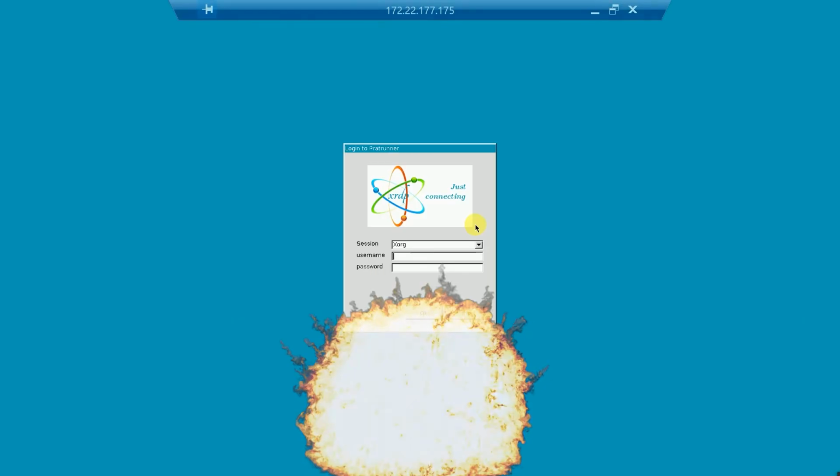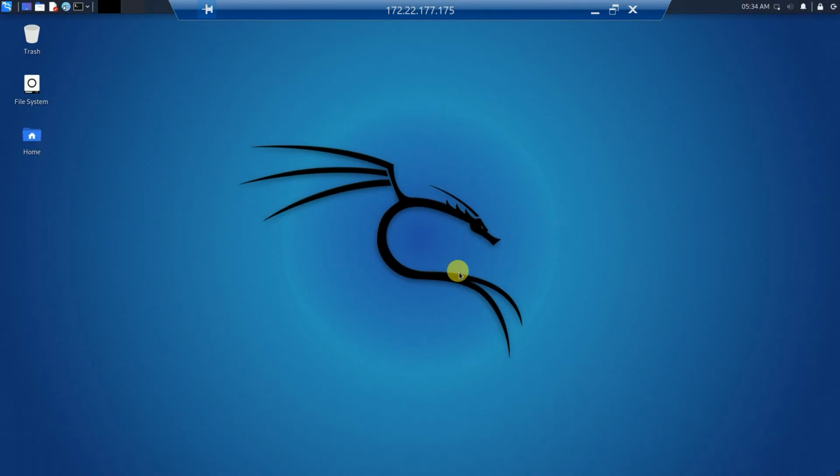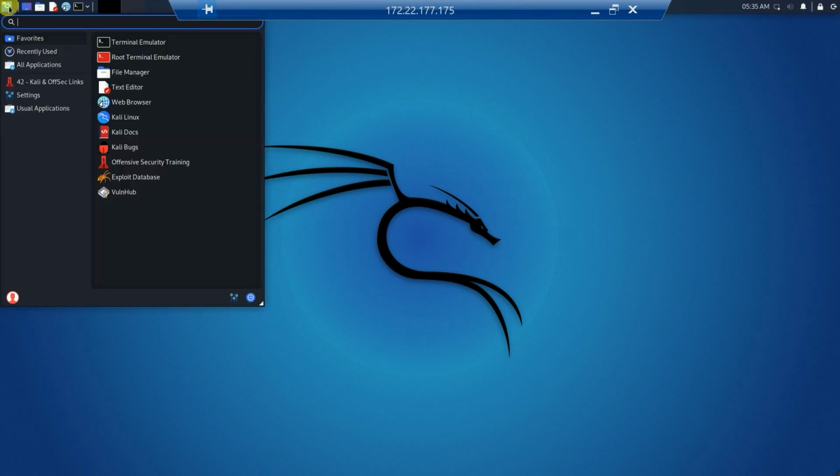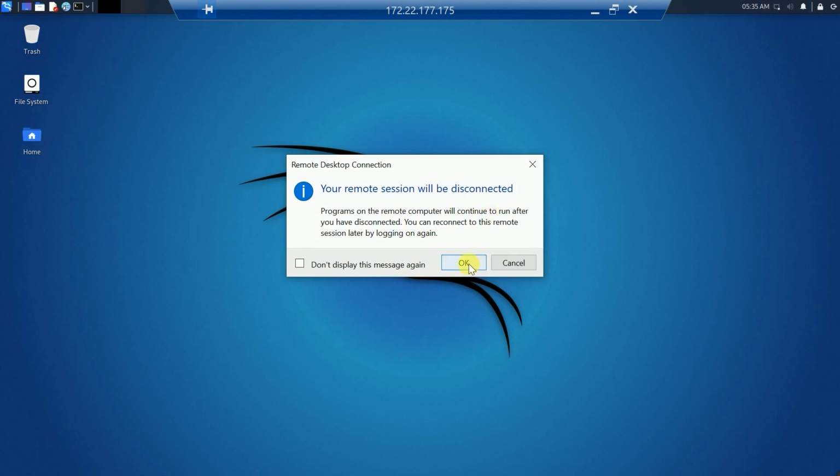Yes. Now type your username and password that you have just saved. Press OK. Now you can see the Kali Linux GUI running on your Windows system. That's great. It's beautiful. You can see all the options here, but for now I'm just going to close it. Cancel. So I hope that you have successfully installed Kali Linux on your Windows